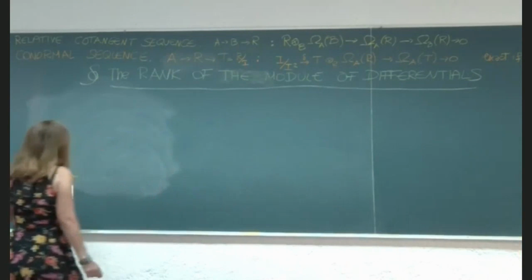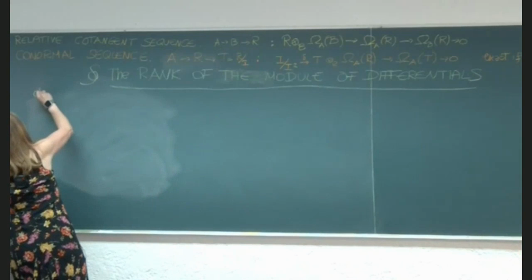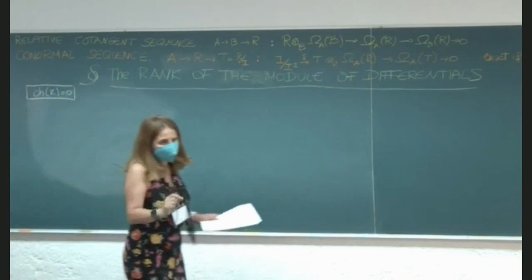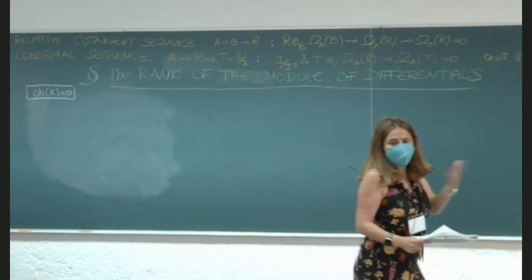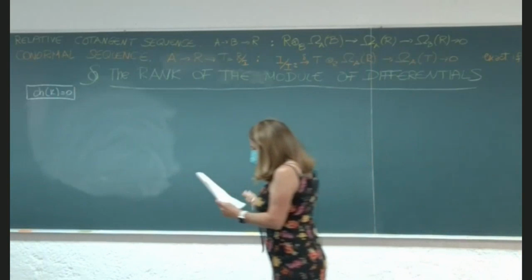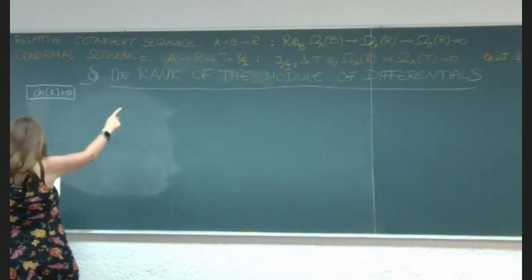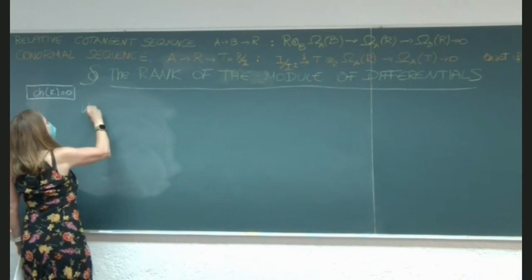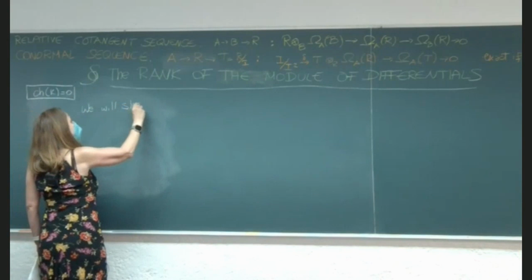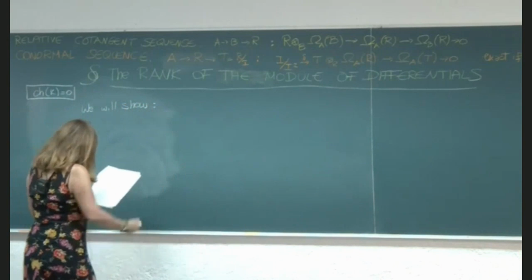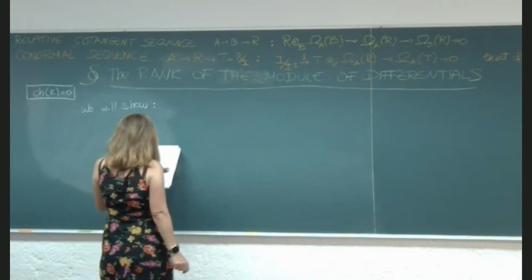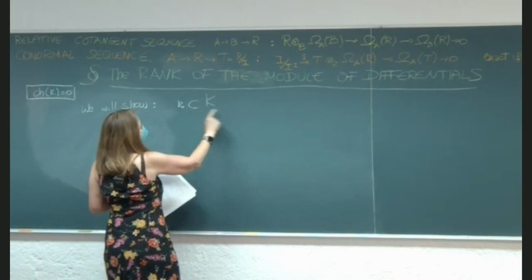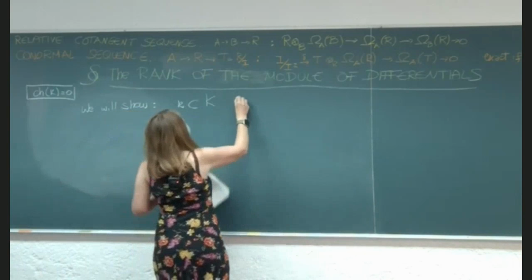So first of all, as I said last time, now we definitely need to assume characteristic of K is 0. You could do this in more generality, but this part would become much more complicated. So, as I said, the goal is this, and what we're going to show also, which will come as a side of the proof, is the following: if you have two fields and this extension is finitely generated,